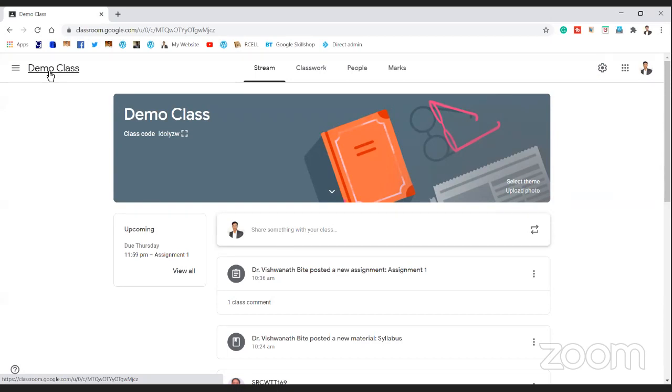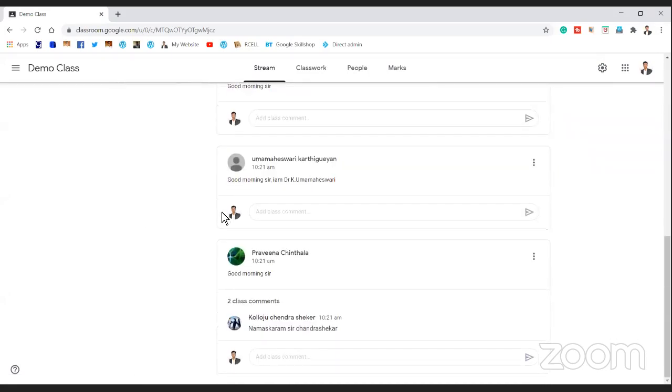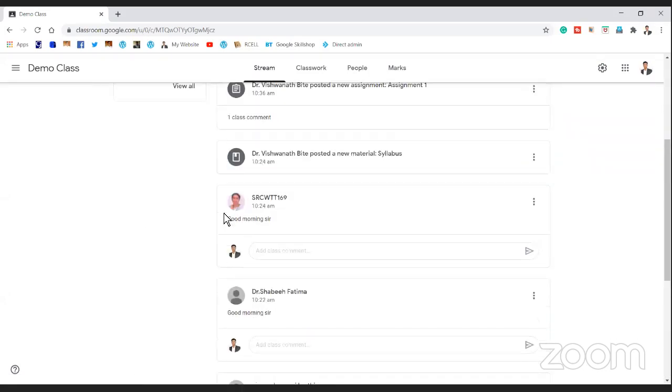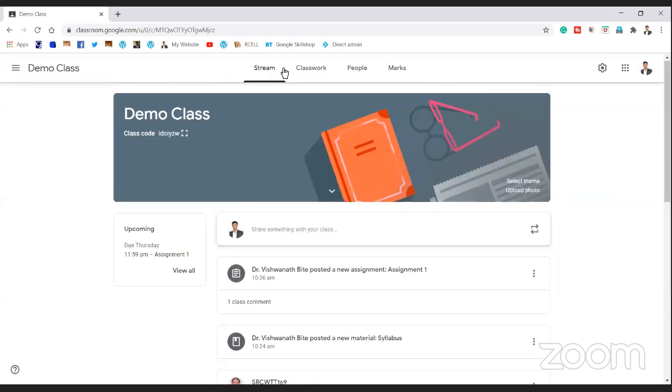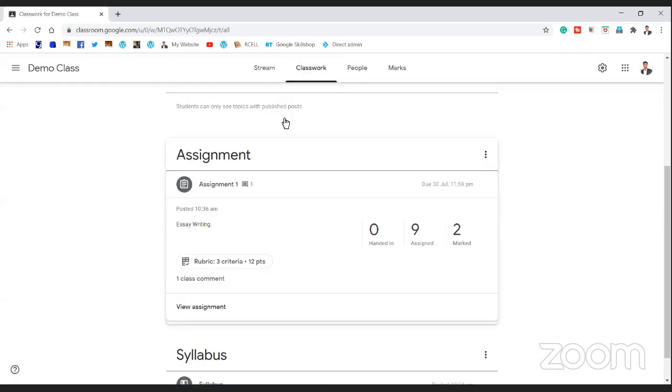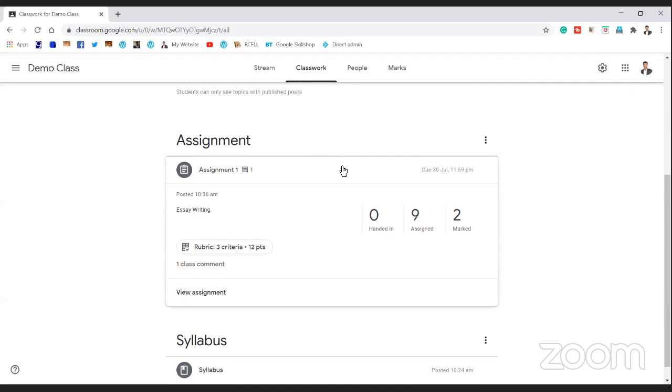But if I'm assigning this assignment for 20 marks, then I'll have to create either two criterias of 10 marks each, or four criterias of 5 marks each, or whatever marks distribution you want to give. So that basically is about creating an assignment and creating a rubric for your assignment. And let's go ahead and talk a little more about